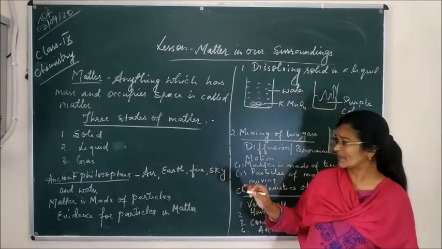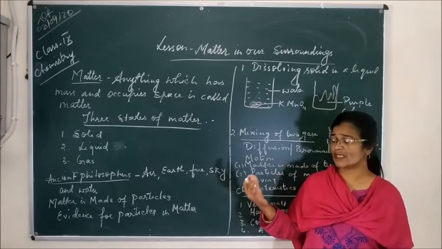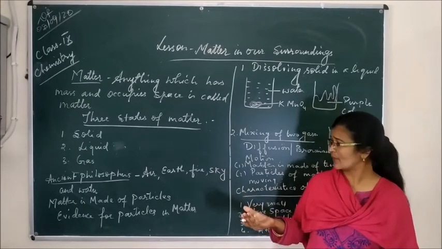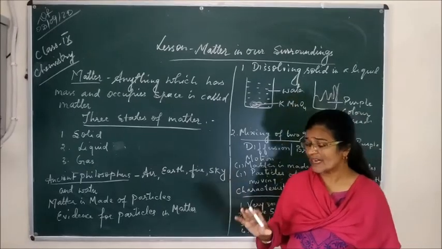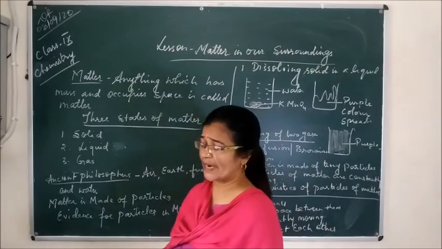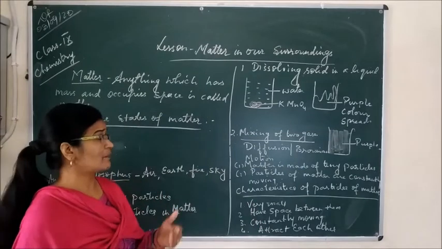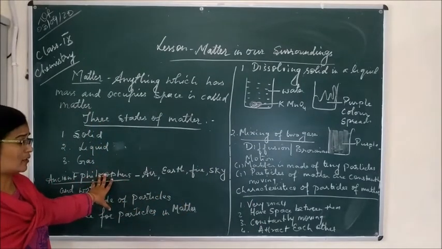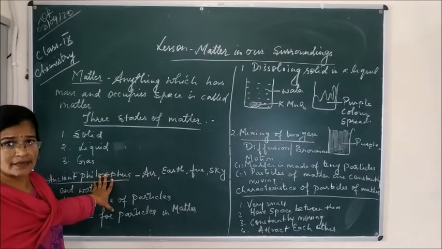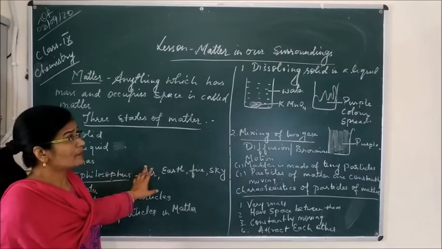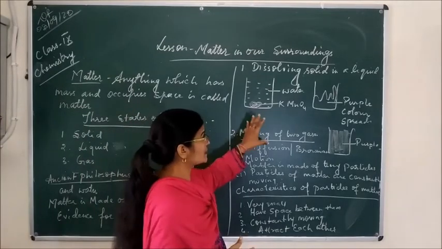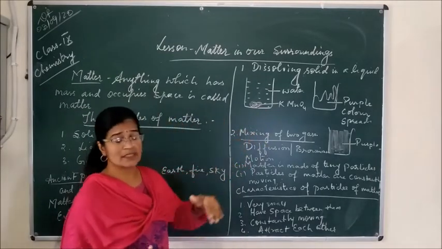And this matter, whether it is a solid, liquid or gas, is made up of tiny particles. There is various evidence of how these tiny particles can be seen. They are so small, so minute, that they cannot be seen by the naked eye. Let us take an example of how we can see that the particles are there and how the particles mix with the other